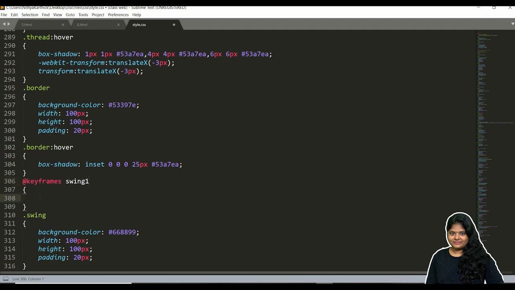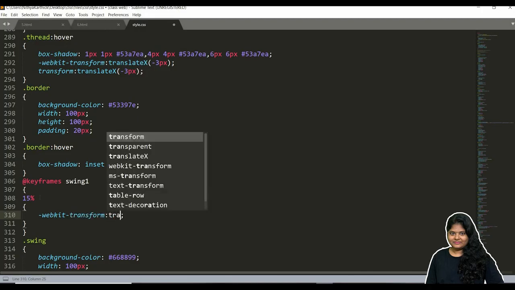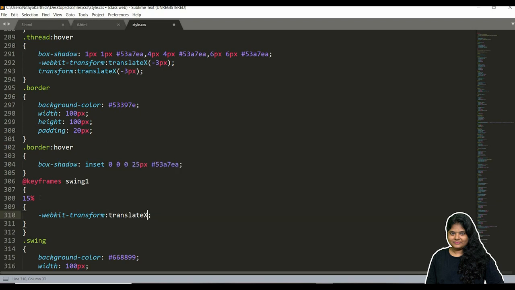Okay, here when the box is at 15%, what should happen? Let me give this WebKit transform colon translateX, translateX bracket 5 pixel.